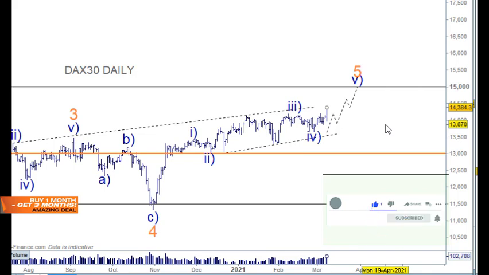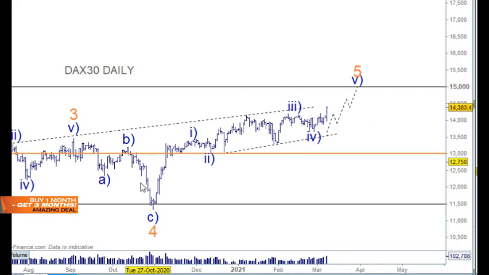Now, like I've said before, this particular count here, I've just really lined it up with the US markets to a point. Now, it may or may not be correct, and folks may have different counts for it. But the best I can do is always just stay with the intraday counts and make sure that they're heading in the direction of the trend, in this case higher ground. So just trends and corrections within the intraday structure, and that's kept us safe as always. And yeah, now we're pushing a little higher,